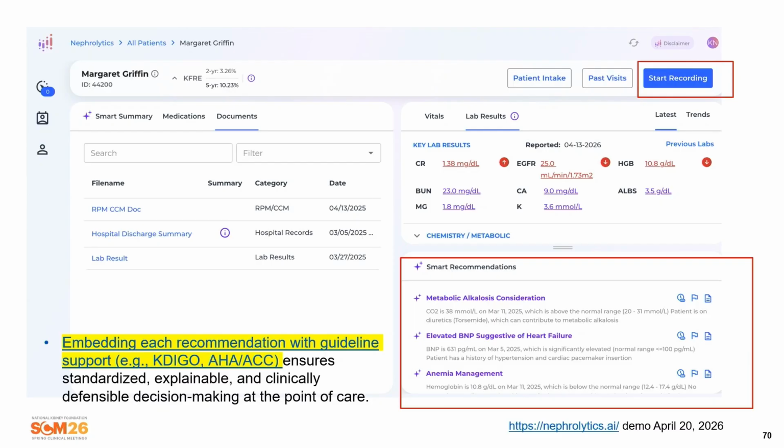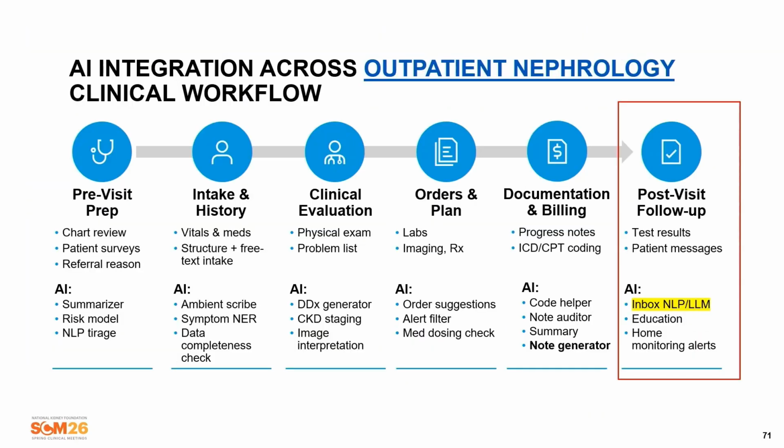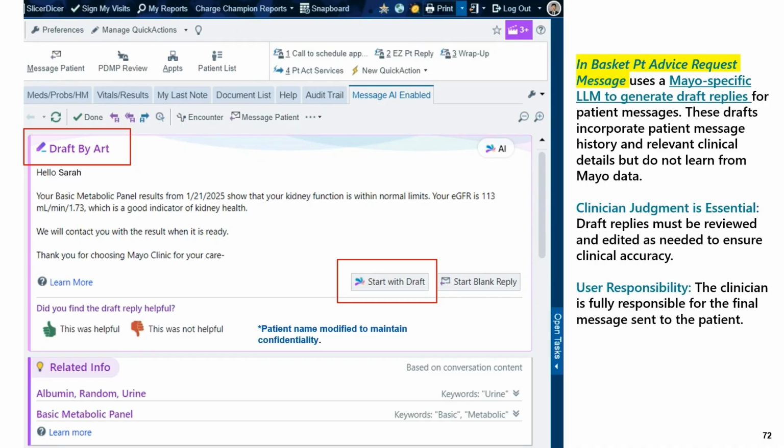Then the AI embeds a smart recommendation that you can click on and follow the guideline recommendation. This is amazing. After the post follow-up, you can see that now I have a large language model